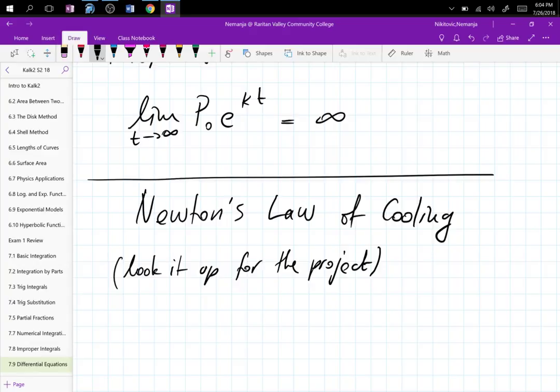Are we doing multiple projects or just one? There's one project with four problems on it. So one problem is the turkey, one problem is the wire, one